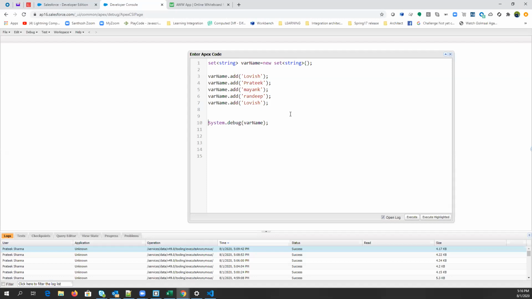So guys, for those who are saying that it will throw an error, it won't. In Salesforce, it will not throw an error. I will tell you why. Because if you are getting data from a database, then it can be duplicate. So if every time you got an error, you wouldn't be able to store the data. Clear, guys?